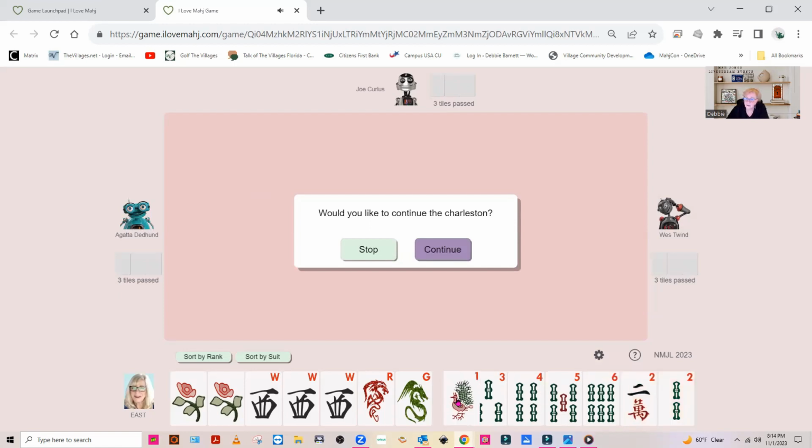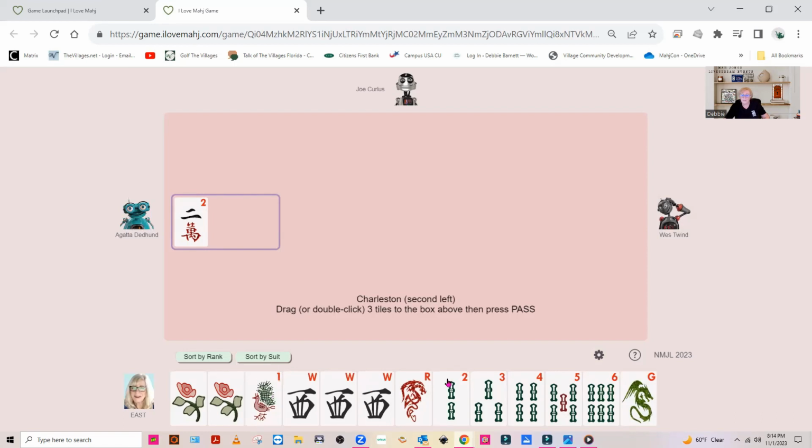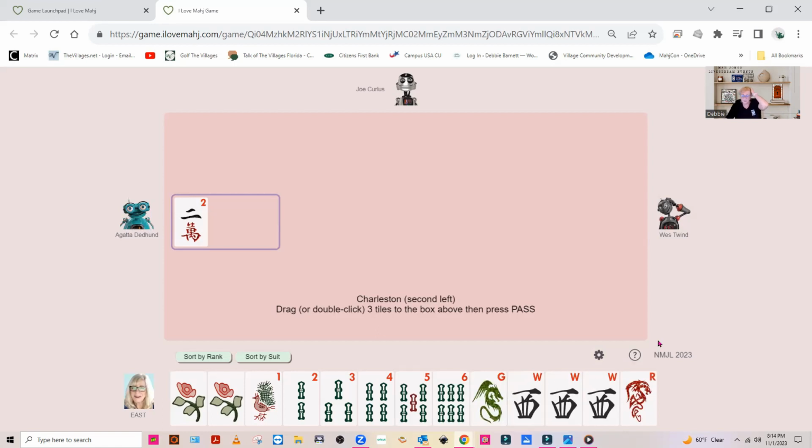Ew, look at this. 1, 2, 3, 4, 5, 6. Oh my goodness. Oh yeah, we're going to continue. Second Charleston. All right. So now we have all of this. Flower, 1, 2, 3, 4, 5, 6, and the green. So the bottom concealed hand can be made with any of the 4 numbers in the run. And I think I'm going to abandon the ideas of the winds, and I'm going to discard this and this